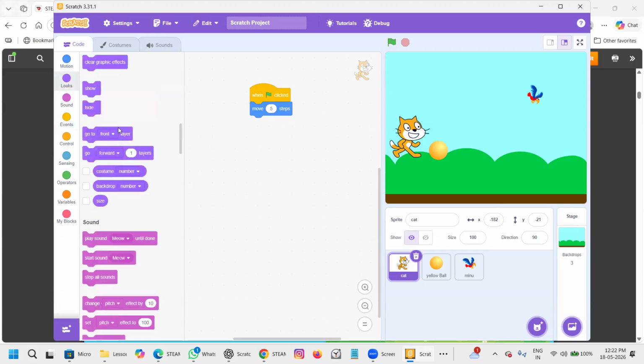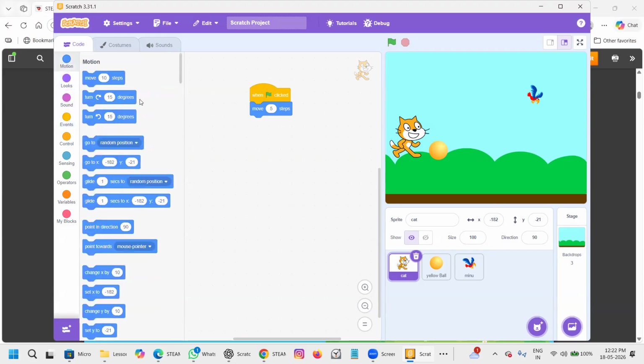And then I will tell you how to share. There is a sharing feature in Scratch. I will show you how to do that. Okay. First of all, let us do this starting part.